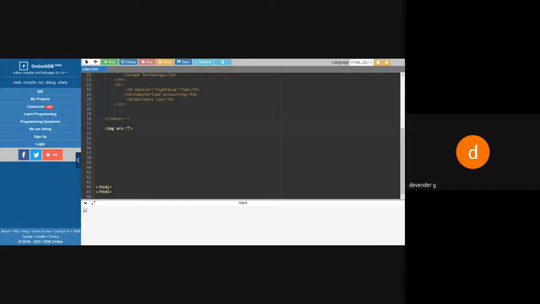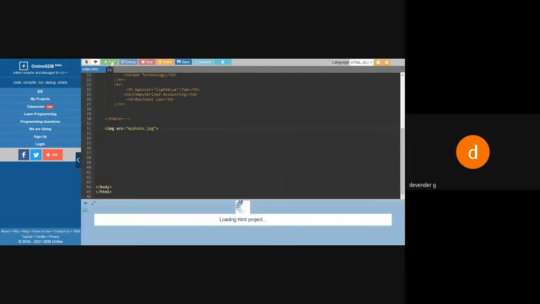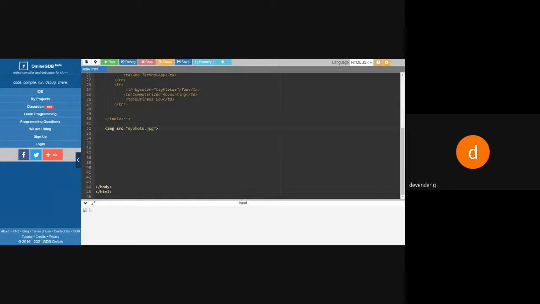Then the second one: if my image is on the desktop, on my system, I don't require an internet connection, and this is for my practice purpose, I don't want to display it on the website so that everyone can visit. If you don't want that kind of feature, then I'll simply say my photo.jpg. Even if you run it, you will get this kind of thing, because this image is not available. It will not show, but you can see how to expect your program's output on the screen.